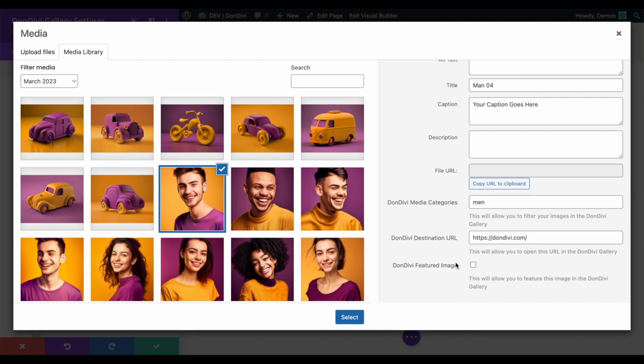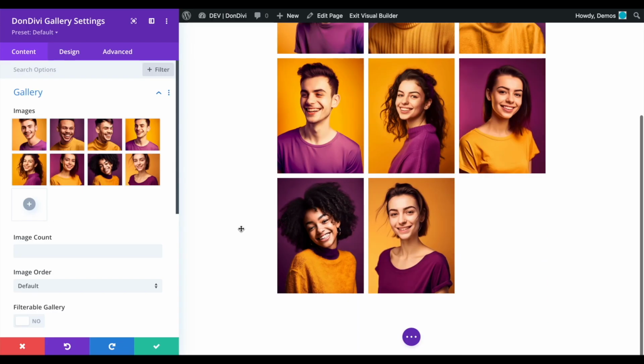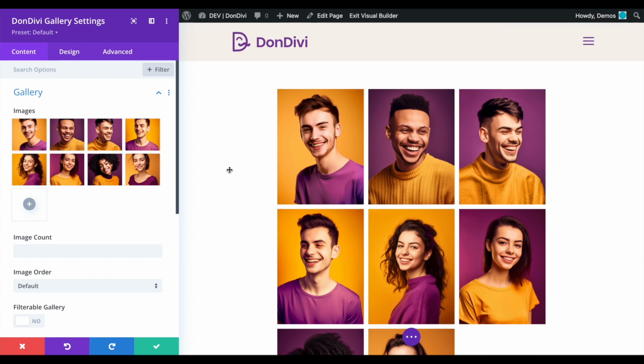Finally, the DonDivi Featured Image field that will allow us to choose this image as a featured image to later customize it from the module by applying some specific styles. Well, now I will choose the first block of 8 images to create our DonDivi gallery. As you can see, the 8 images have been automatically loaded, but to be able to fully visualize the gallery